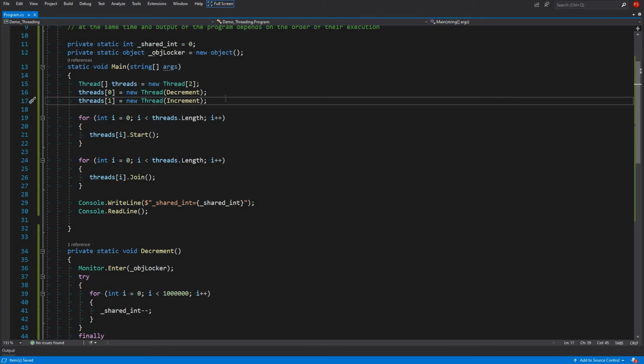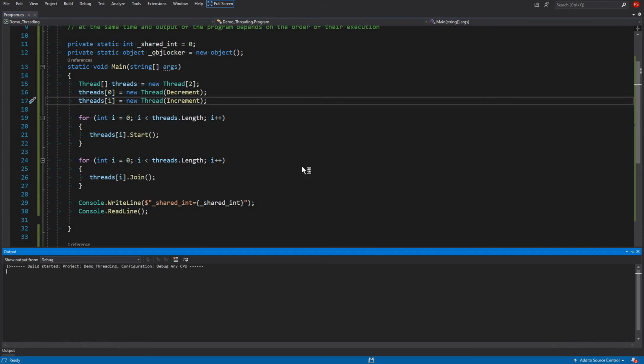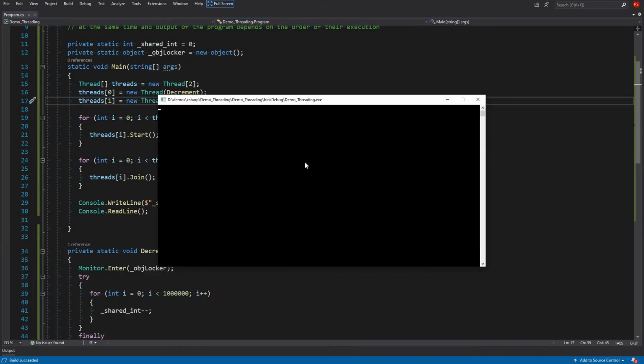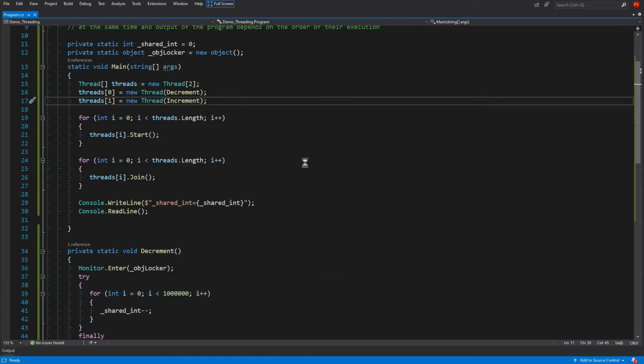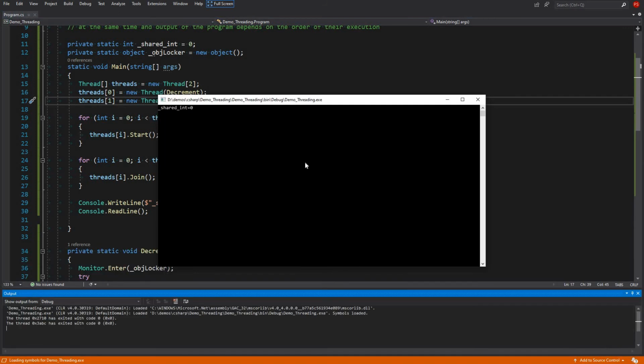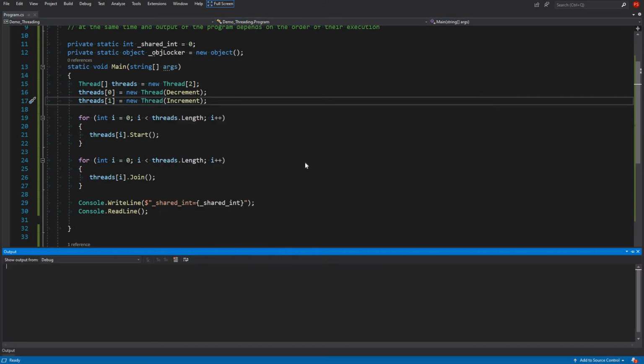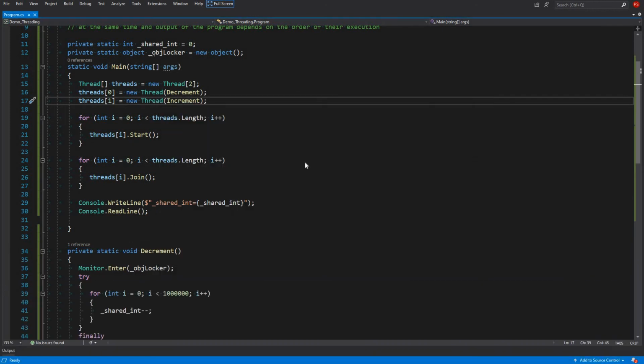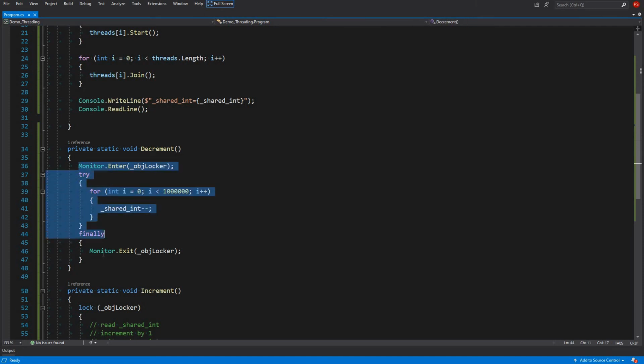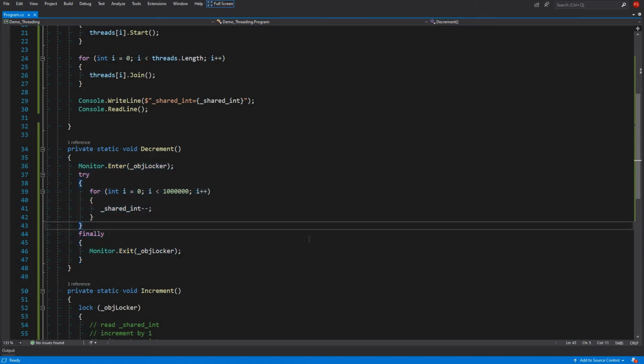But now they can run in whatever order they want, they are synchronized, so it doesn't matter. So it should always be 0. The output should never change, should be deterministic, and the output is deterministic now. And this is actually how you do lock.